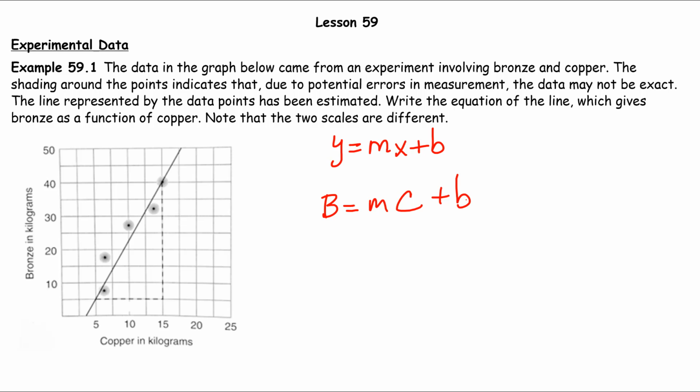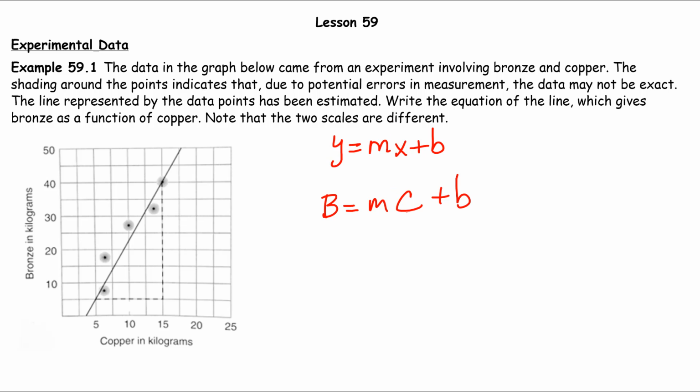It's actually the symbol for carbon, but I'm going to use C, even though the book uses the actual symbol Cu, because I don't think it's ever a good idea to use two letters for one variable. If you have a variable, you could have a subscript on it, like P sub 1, but you should never use two letters to represent one variable because it makes the equation ambiguous. It looks like two variables when there's only one. So for this math problem, okay, it's not a science problem in that sense, we're just going to use C